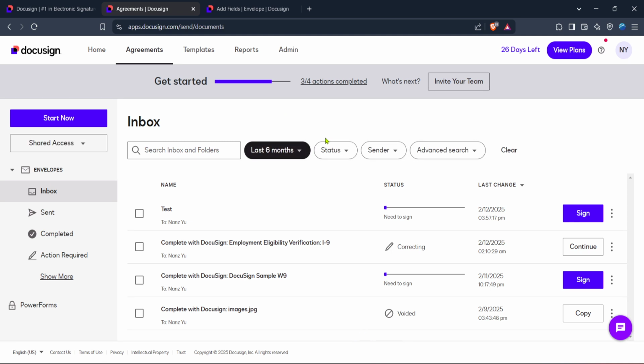Now, upon arrival, you'll want to locate that specific document or agreement you wish to amend. Look for an icon that consists of 3 dots, usually found next to each document or agreement. Clicking this icon often reveals additional options for interaction with your documents. Among these additional options, you'll want to spot and click on the one labeled Correct.